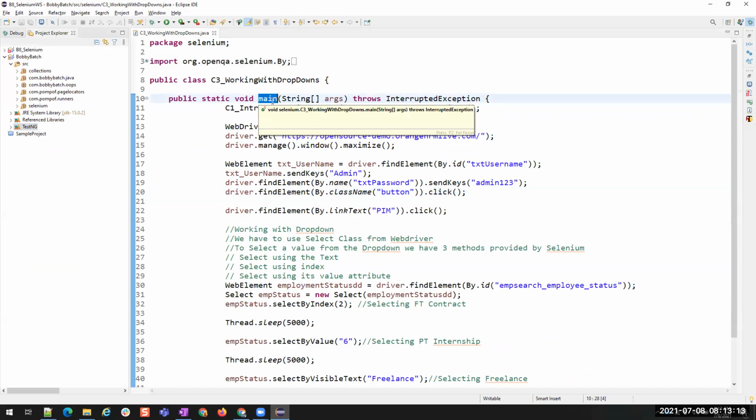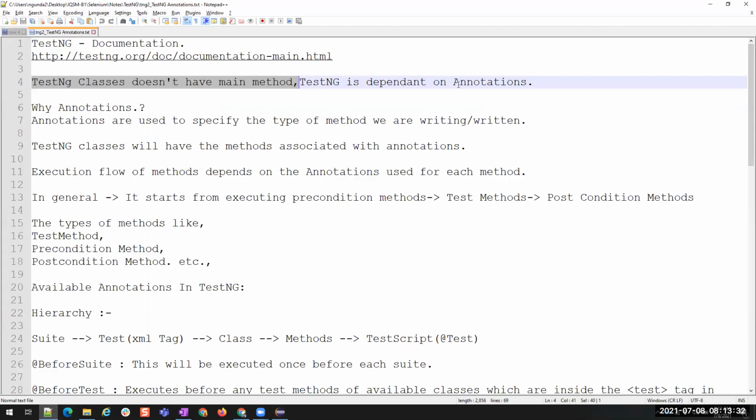Then from where will it start execution? How does the compiler know that it should execute this and shouldn't execute that? How does the compiler know that this is a method it has to execute? It will know with the help of annotations.